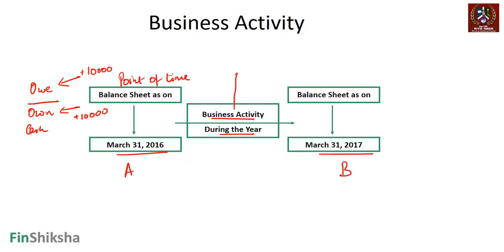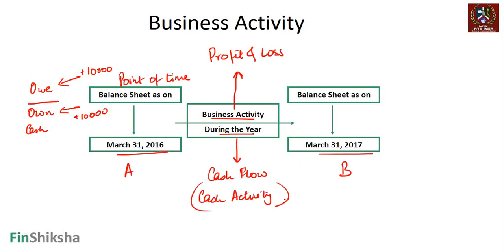All the core business activity that you do will get captured under the profit and loss statement. I buy raw material, I sell it, I pay salaries, all that in terms of business activity gets captured in the profit and loss statement. And all that for the cash activity of the year, right? Anything that is on the cash activity side will come on the cash flow. How much cash has come in, how much cash has gone out.